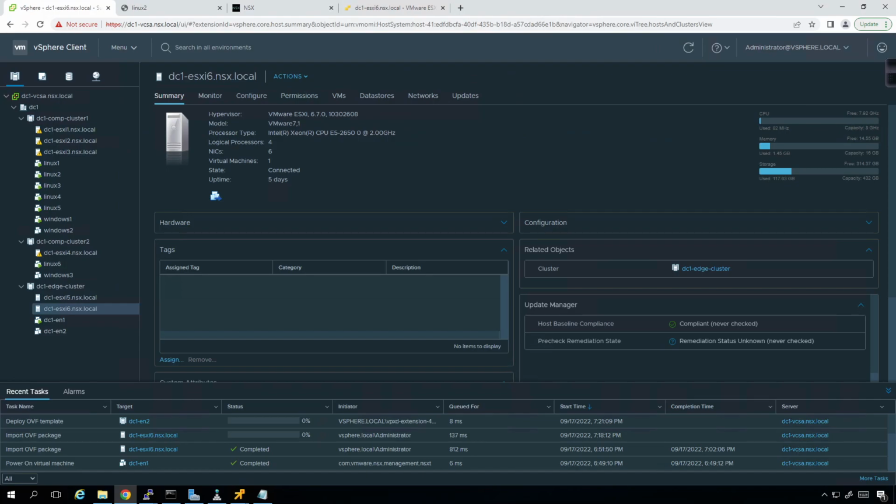Okay, so I can see DC1 edge node 2 showing up, but for whatever reason, the percentage is not moving forward at the moment. Oh, there it goes. It's just taking a super long time to do it. So I'm gonna, like I said, I'm gonna pause. This is probably gonna take some time. Hopefully it doesn't fail, but